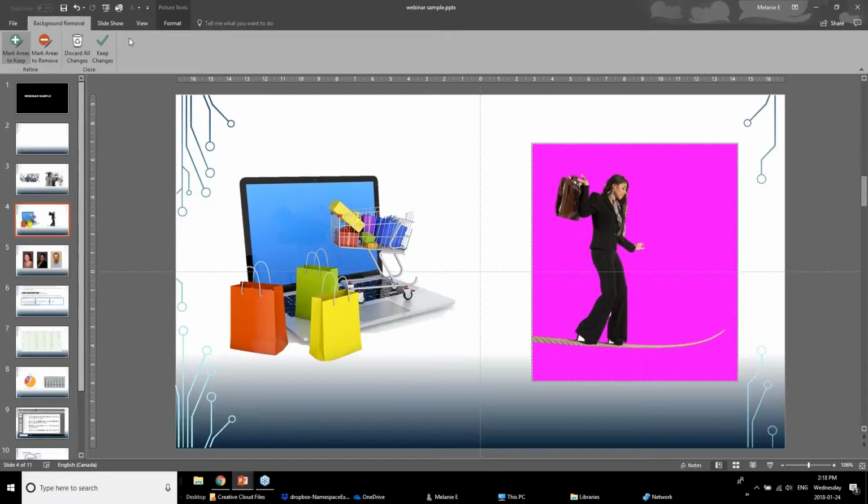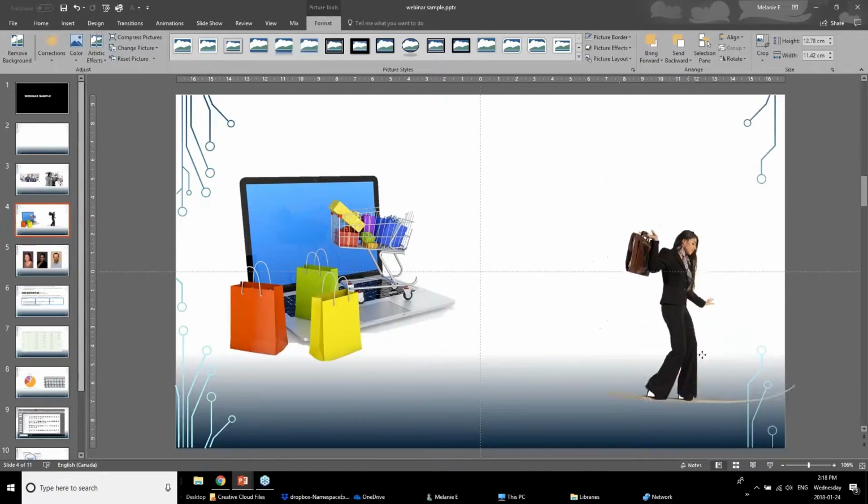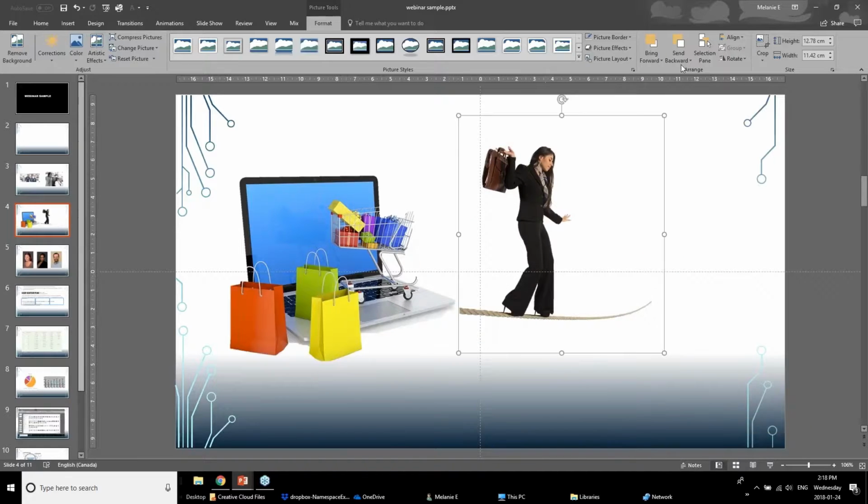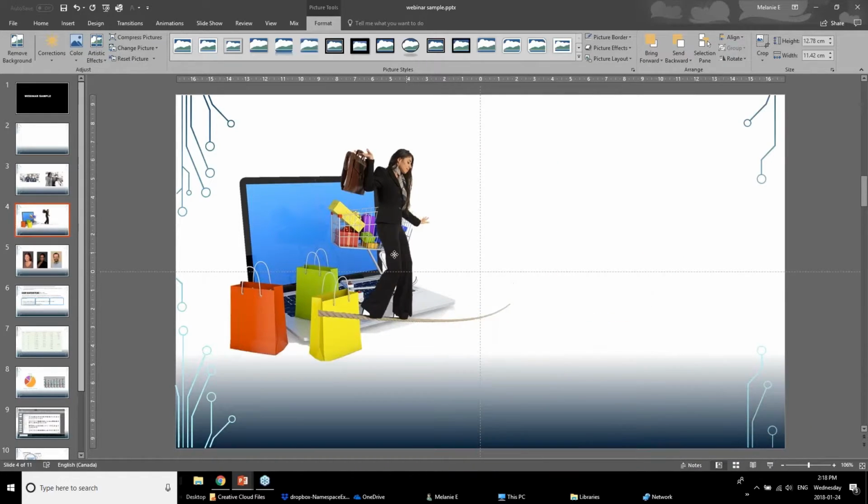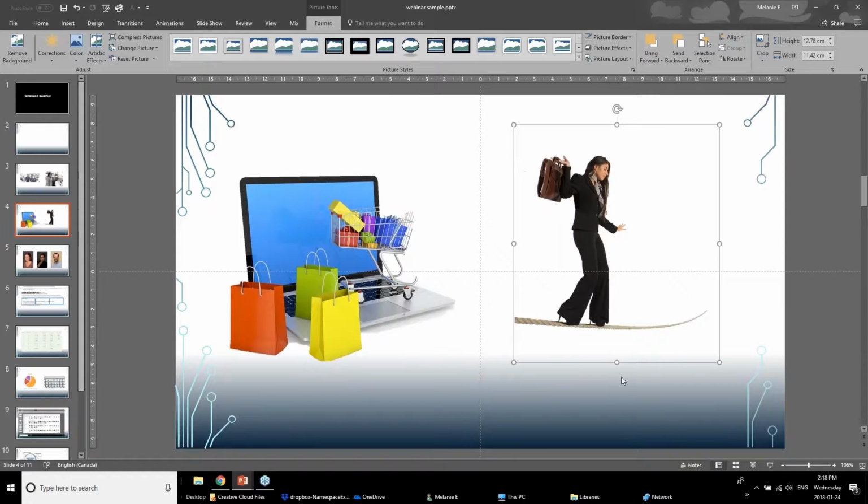Good stuff. And then I'm going to say keep changes. Great. And then you'll see I'm just going to move her forward. You can put her on top of stuff. So that's a great feature. And that's definitely something I see a lot of in people's presentations where they put these images and they have